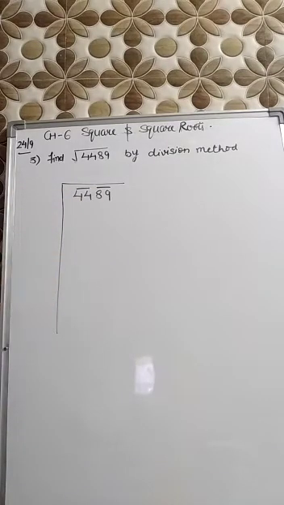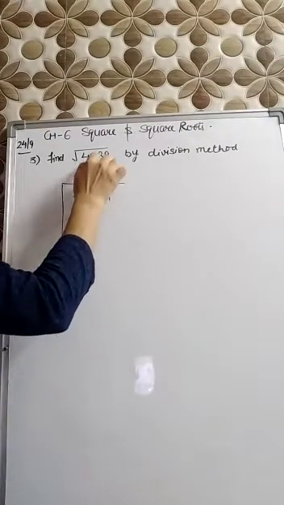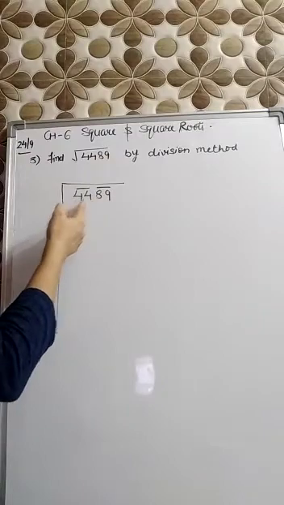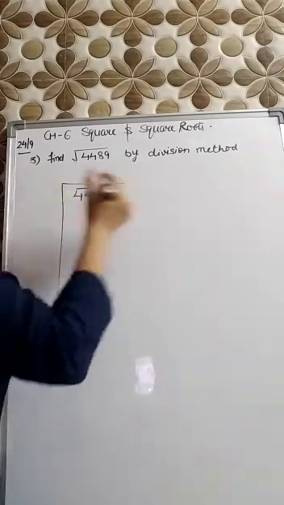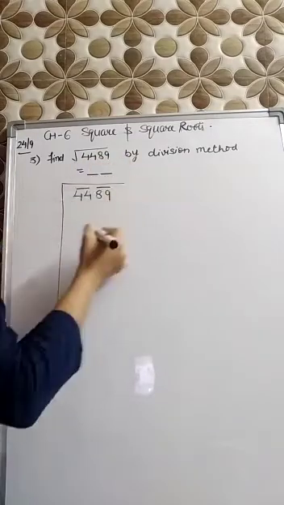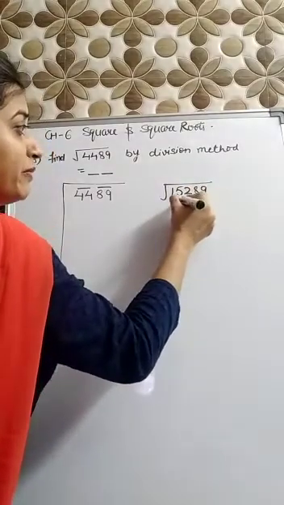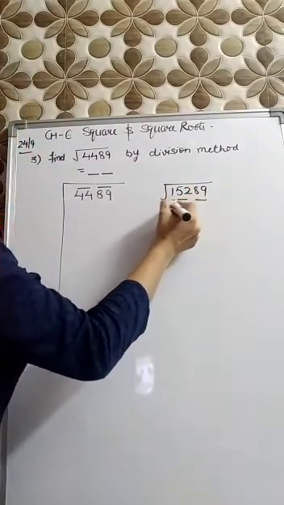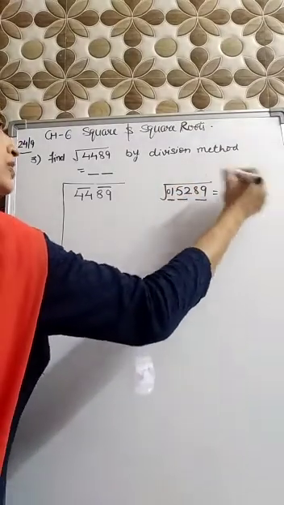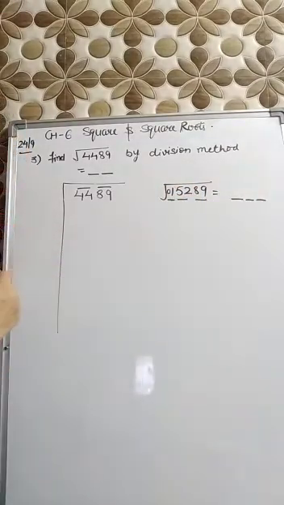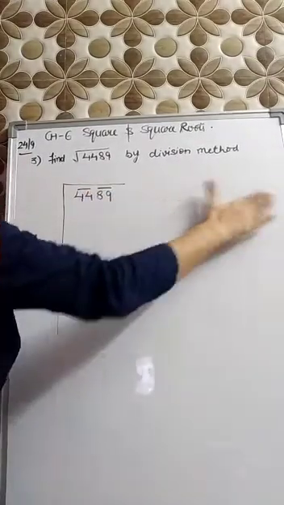I want to tell you one more question here. If the question is how many digits will be there in the square root of this, you can see that here I am having 2 pairs. So its square root will have a 2-digit number. Suppose the question is like this: if you make groups of 2 numbers, you are having 3 groups. This is 01. So if you are having 3 groups, its square root will contain 3 digits. This question can come for 1 mark. So in this question, let's proceed with the same.